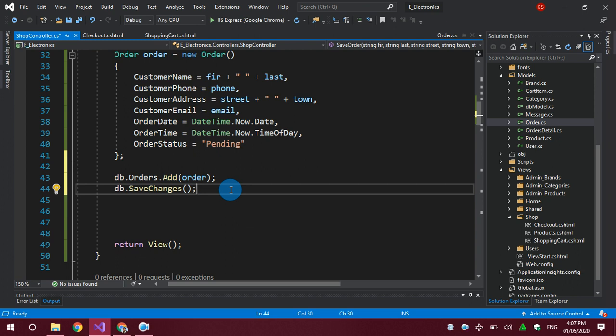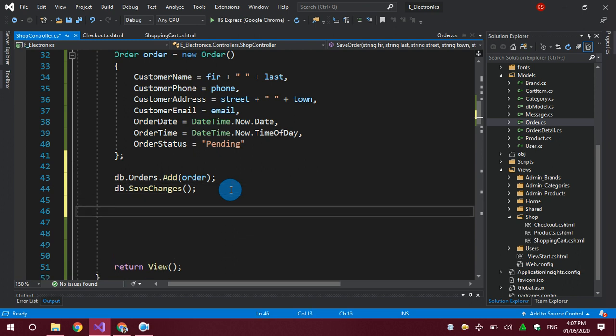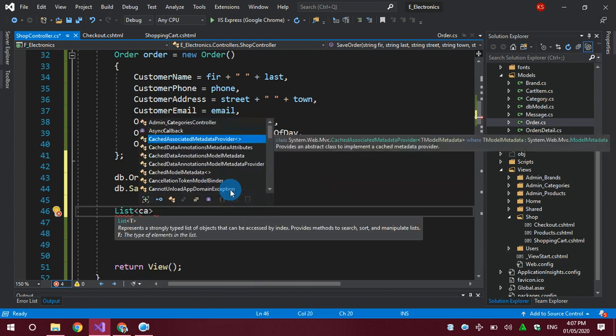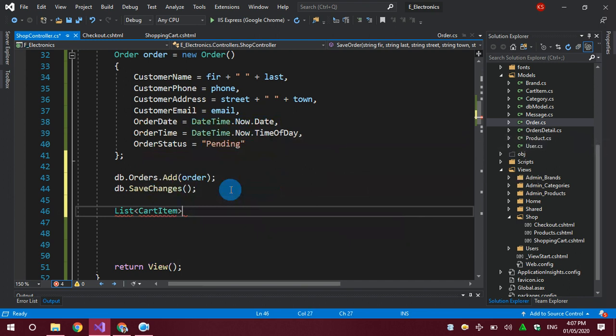So in our shopping cart there are items, and first of all I have to access all these items. I'll get them by using a simple List of CartItem, because every item in my cart is of type CartItem.